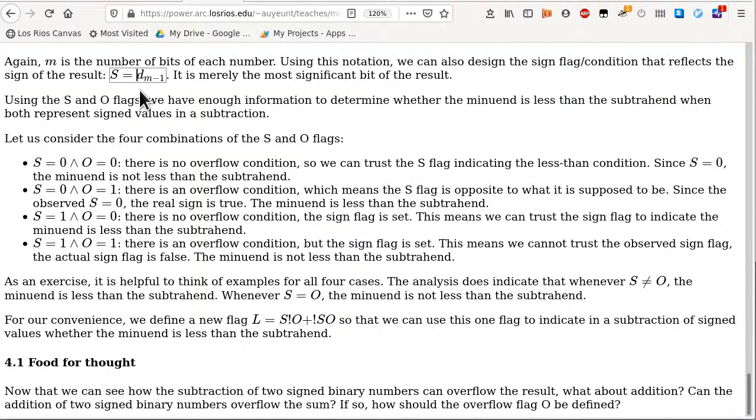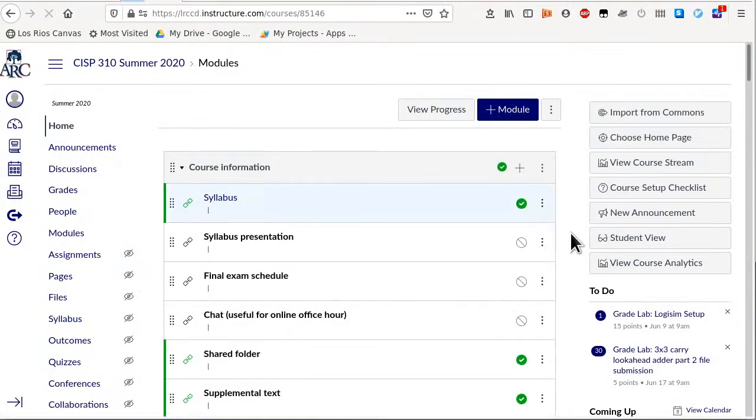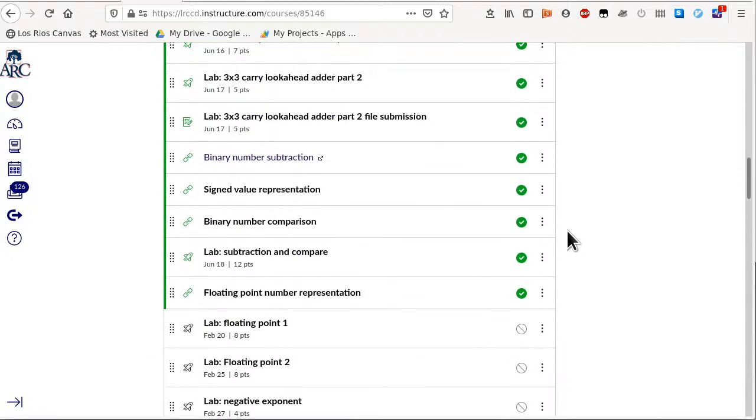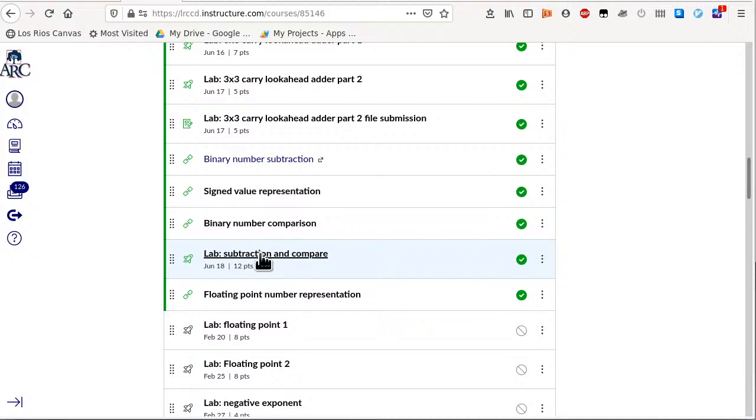So now you have everything that you need to get started with the lab today. The lab today is set up already. I just need to go back and figure out the passcode. It's subtraction and compare. That's the lab for today. And the passcode is